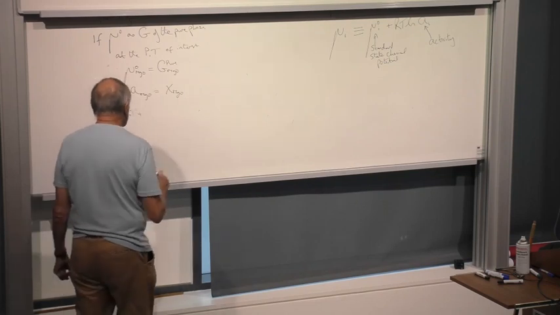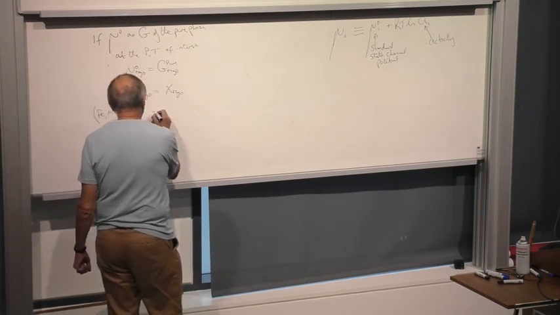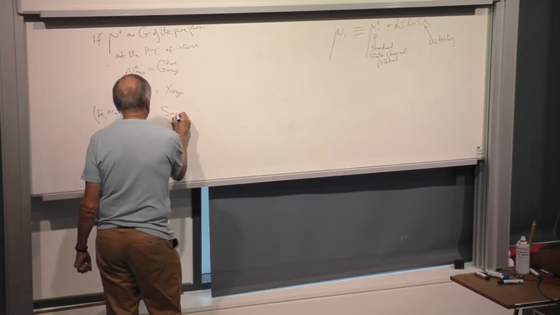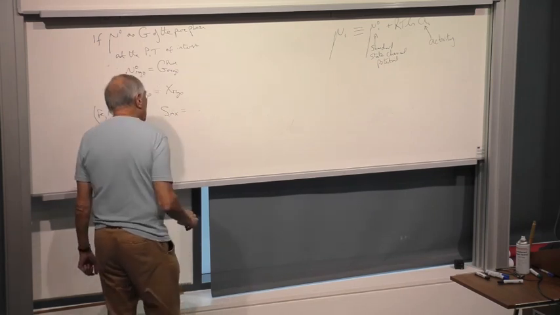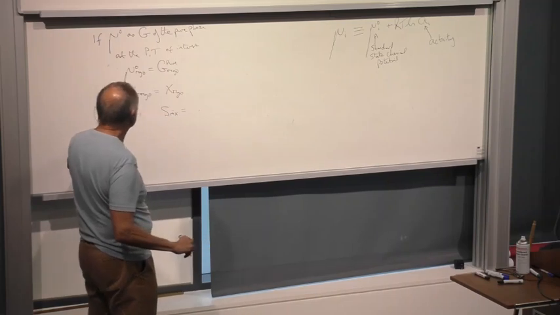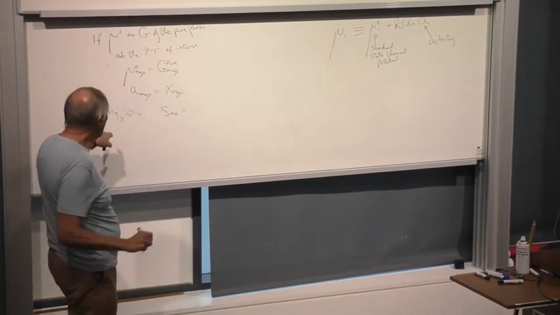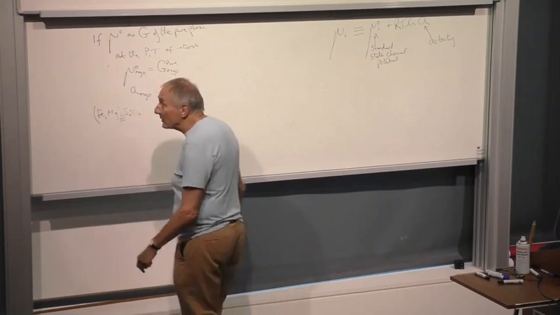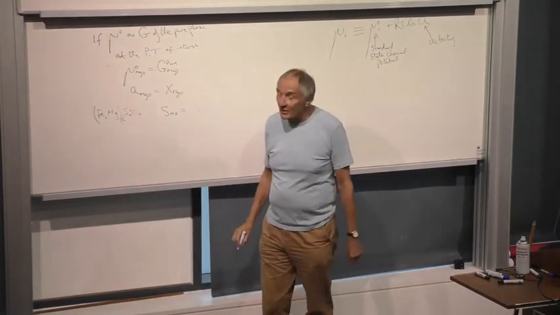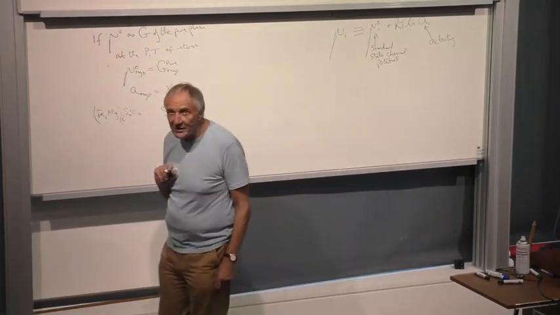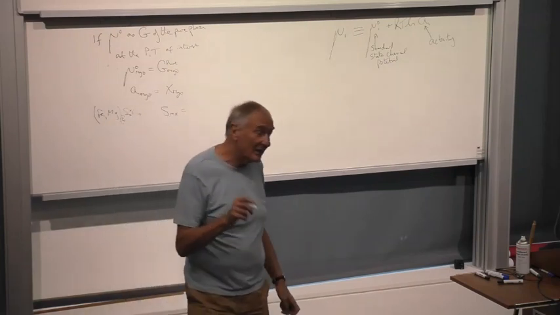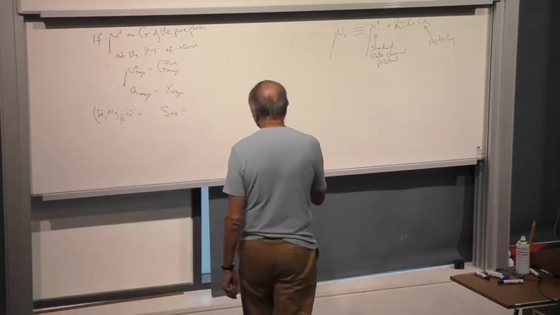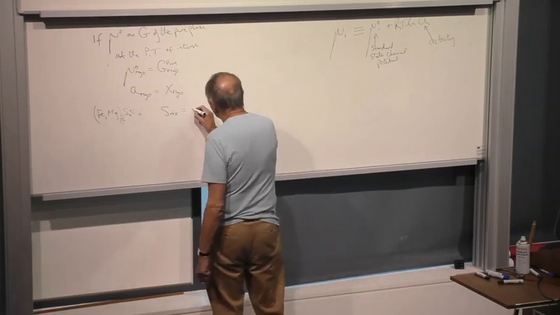In this case, the entropy of mixing per mole is double what it is for MgFeO because there are two Avogadro's number of sites in the structure. We double the number of sites, so we need to double the entropy of mixing. So the entropy of mixing is going to be minus